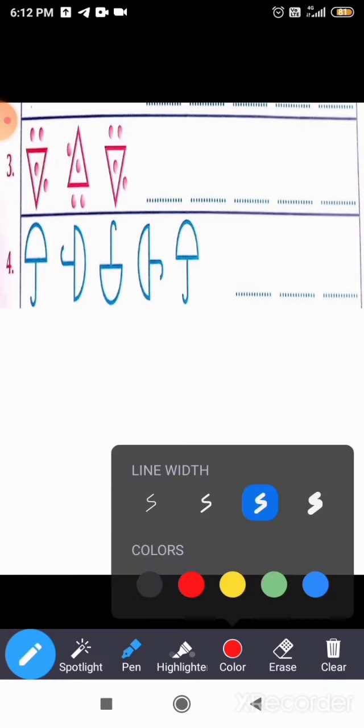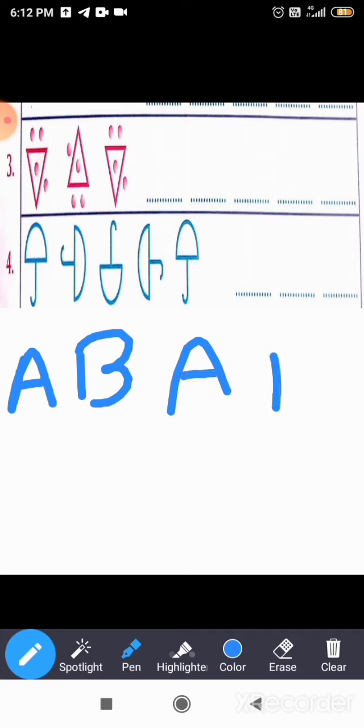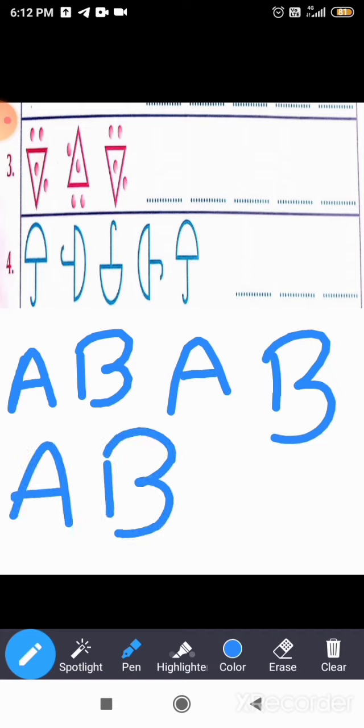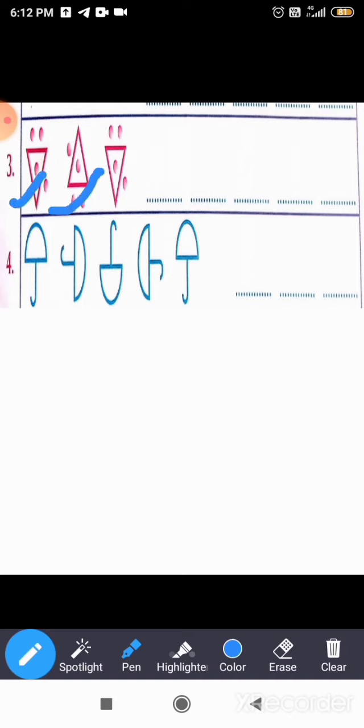Okay, if you will see the third question, in third question triangle is there, the first triangle and the second triangle, and again if you will see the third position, the first triangle is repeated at the third position. It means it's a pattern of AB. A, B, A, B, A, B. What is the AB pattern? AB pattern means there are two figures which are repeating one after the other. So here 1 and 2, two triangles are there which will repeat one after the other.